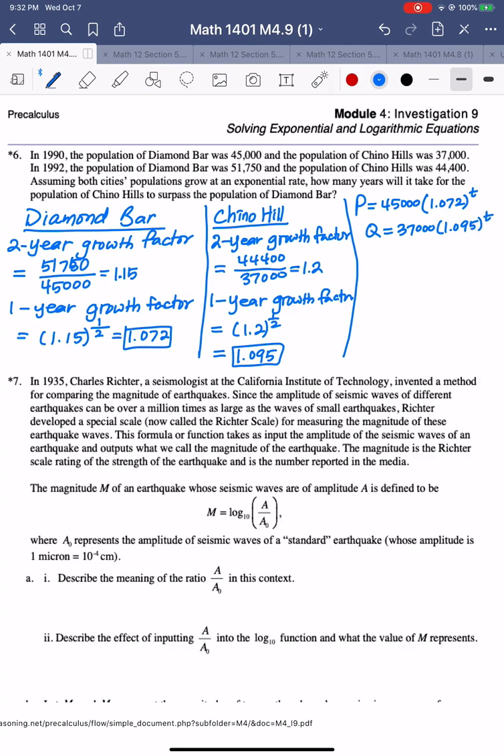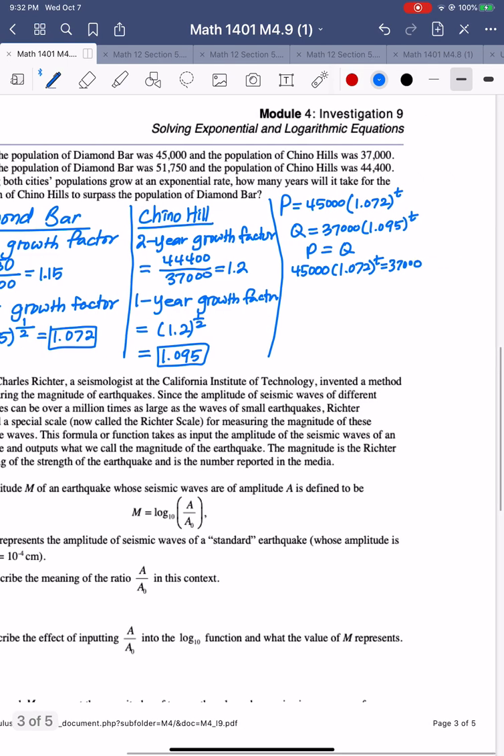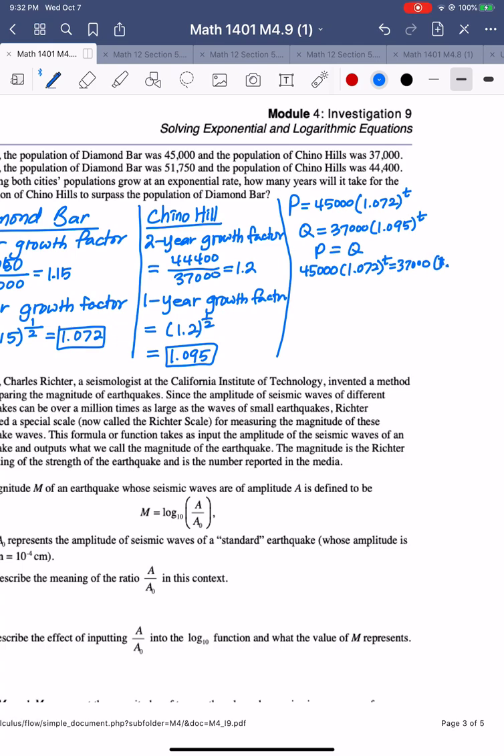Q is starting from 37,000, and then the 1 year growth factor is 1.095 to the t power. But we are actually looking for when the populations of the two cities are going to be the same. So I say P equals Q, and then 45,000 times 1.072 to the t is equal to 37,000 times 1.095 to the t. Okay, so I divide by 37,000 on both sides and divide by 1.072 to the t on both sides, and then this cancels out and this cancels out. So I get 45,000 over 37,000 equal to